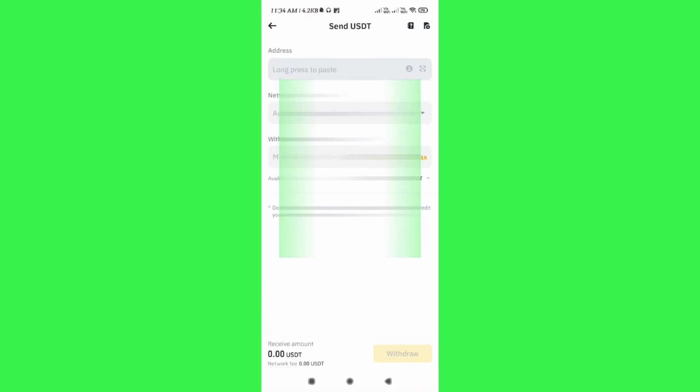Then come back to Binance and paste the address in this section. Then it will automatically take the network that you have selected in Phantom wallet. Then you need to enter the amount of Solana that you want to transfer and then tap on the withdraw button in the bottom right hand corner of the screen. On the next page, you just have to confirm your withdrawal by following the